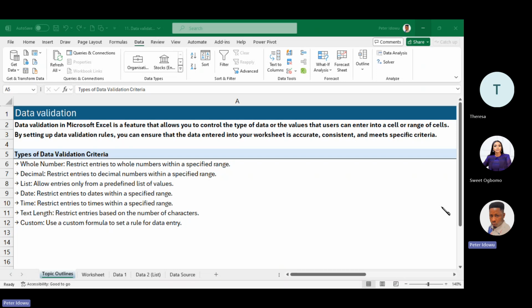So basically, data validation is used to restrict data in a particular cell range, just like what I have here. It's a feature that allows you to type data or values into a cell or ranges by setting up some validation rules. So, like what I said, it is used to restrict information basis the rule you have given